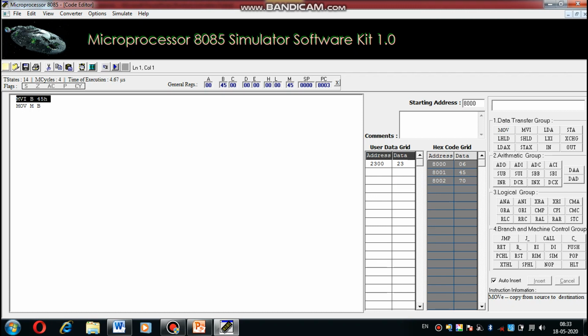Again I execute step by step. Look here, whenever this instruction executes, B register has 45H and M is 00H, and whenever this instruction is executed, then in B register 45H, in M register 45H. That is, in M register 45H is initialized. We stop here.